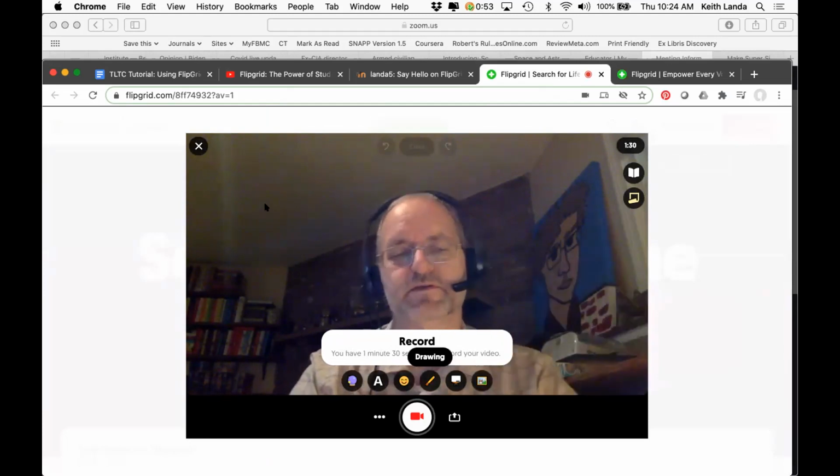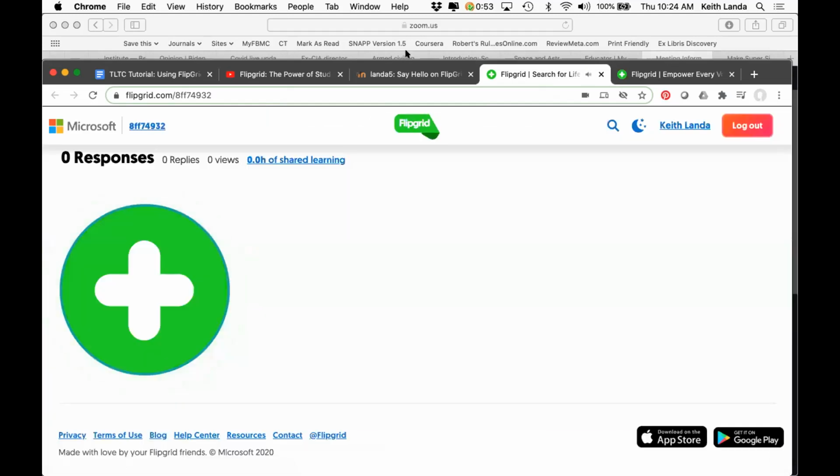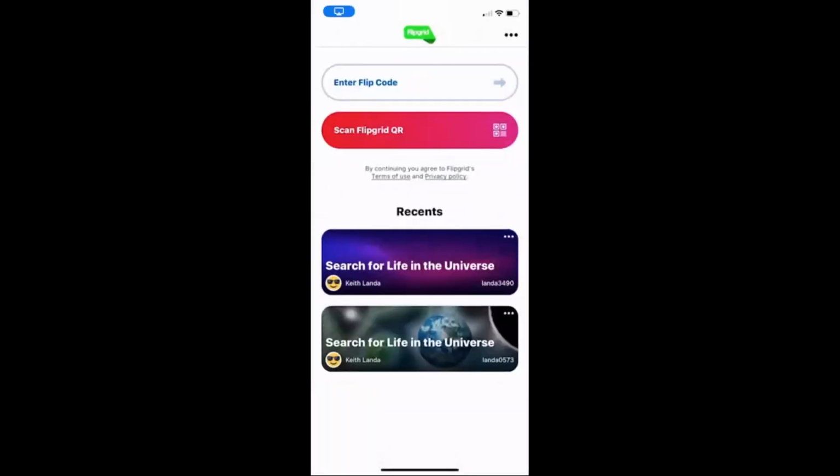So just here's how you could record. I'm going to actually stop sharing my screen to show you on my phone the way students would probably do it. So I'm going to share my screen again, but now I'm going to share my iPhone rather than my laptop. So you should be seeing my iPhone now, right? Yep, we see it. Okay, and this is the FlipGrid